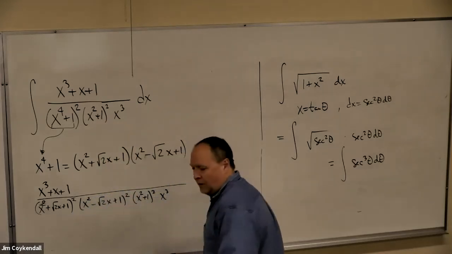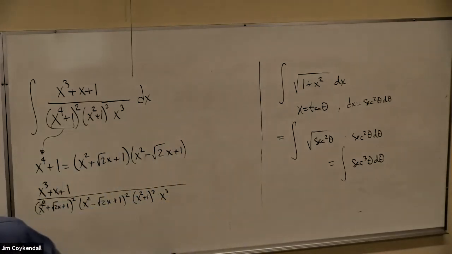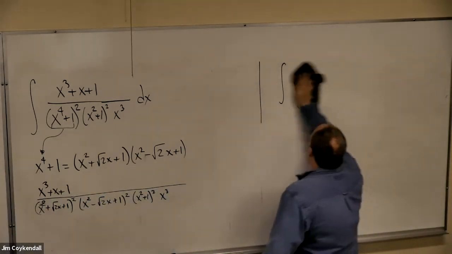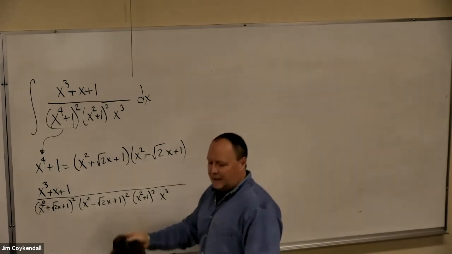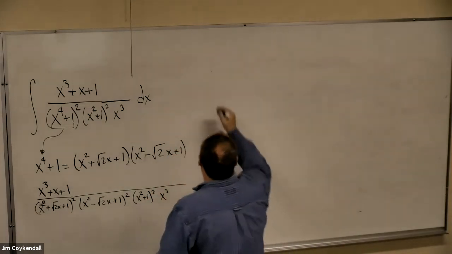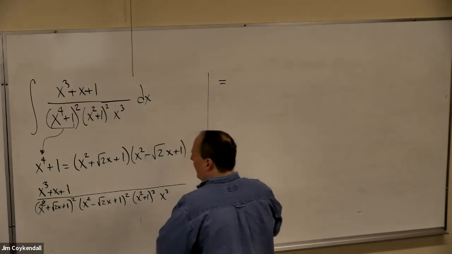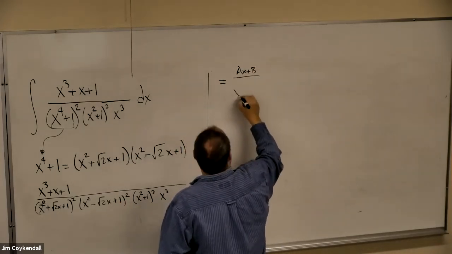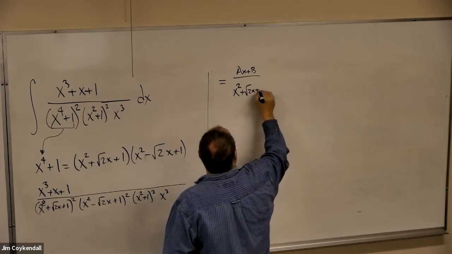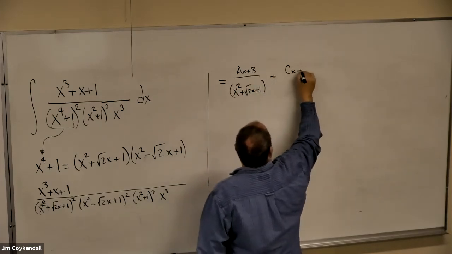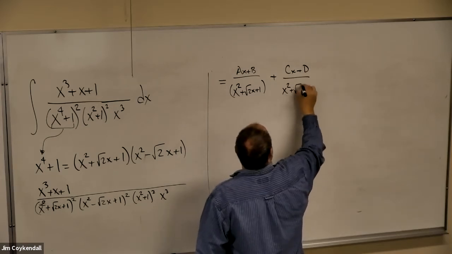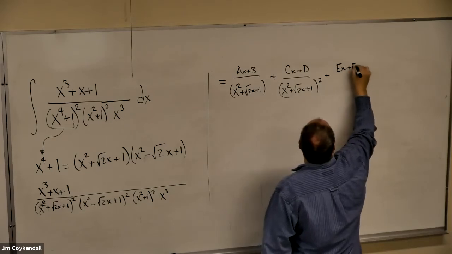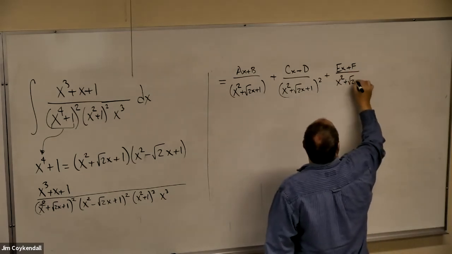And hopefully this doesn't take you back to some kind of terrible memories like the Prince of Tides or anything like that. But let me remind you that this thing, even though it looks like a total mess, you can rewrite this in the partial fraction form, (ax + b) over (x squared + radical 2x + 1) plus (cx + d) over (x squared + radical 2x + 1) squared plus (ex + f) over (x squared + radical 2x, rather, minus